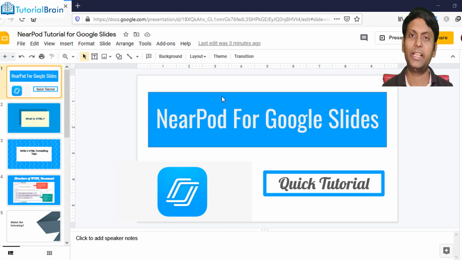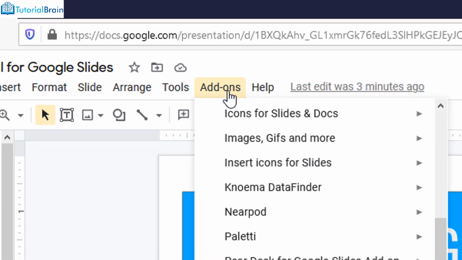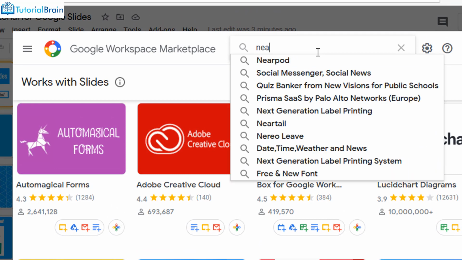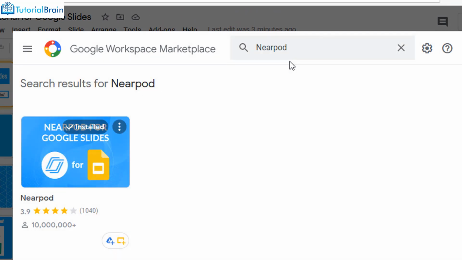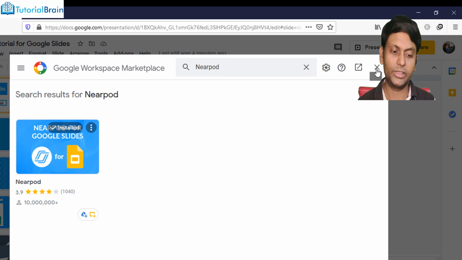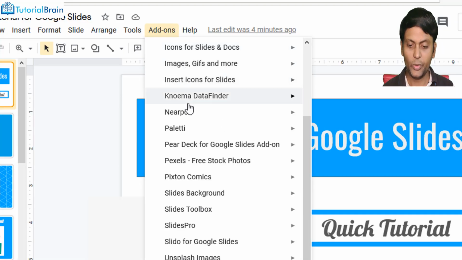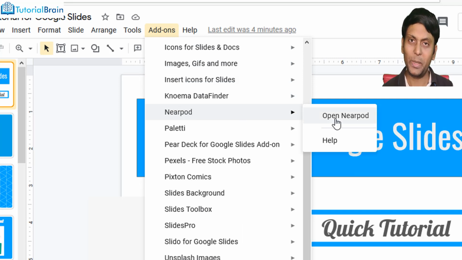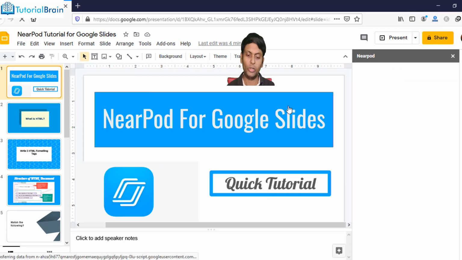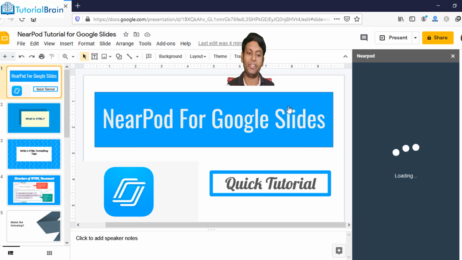First, let us install this NearPod add-on. To install this add-on, go to Add-ons, go to Get Add-ons, go to Search Apps, search for NearPod, and you have NearPod. Since I've already installed this, that is the reason it is showing me installed. Once you install this, click on this Close button and again go to Add-ons. You have NearPod. Click on Open NearPod, and once you click that, you will see that you have NearPod towards